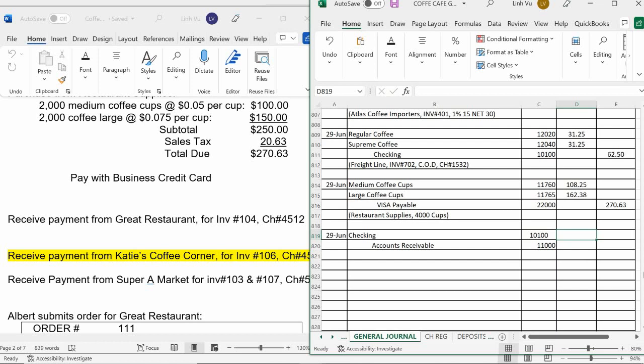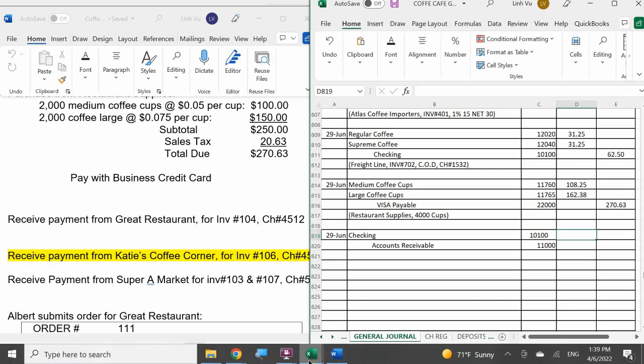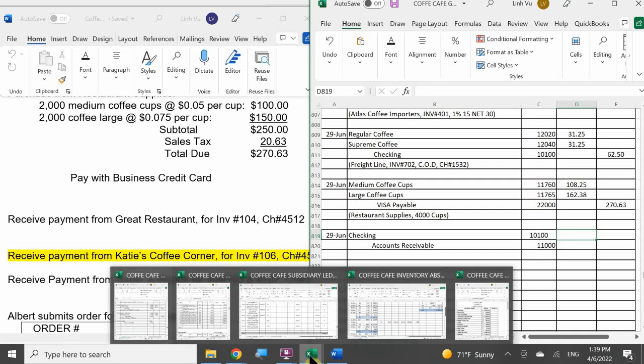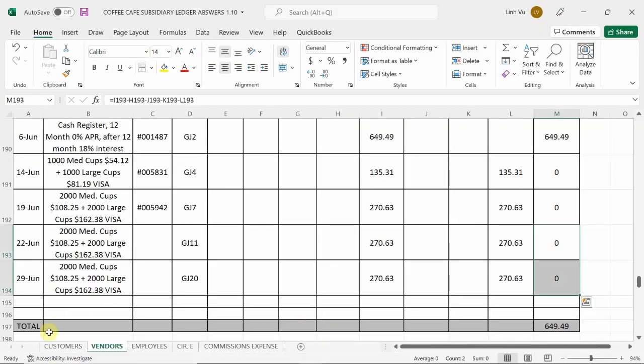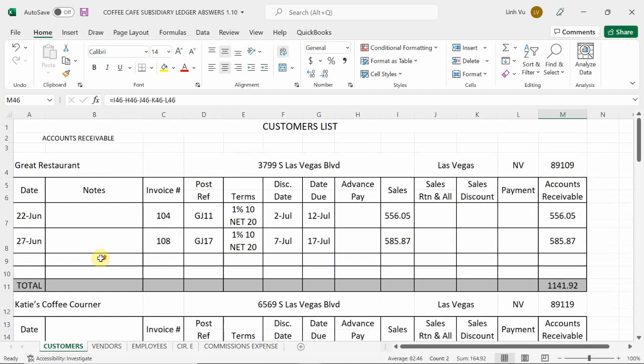For how much? The check, 55605. How did you find that number? Someone said subsidiary ledger, so in this case, that's correct. We go to Great Restaurant on the subsidiary ledger, and it says right here for the account number 104, they have it due for